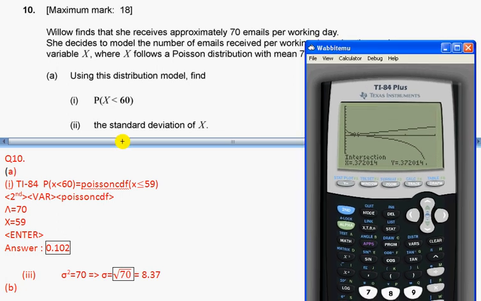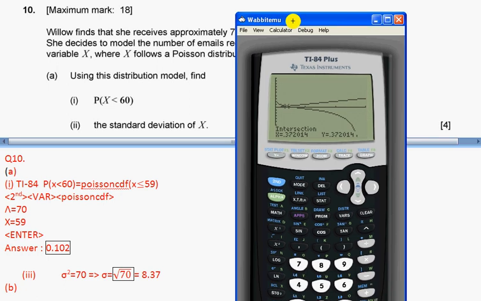So second var, Poisson CDF, it is, so we work here, Poisson CDF, we press enter,